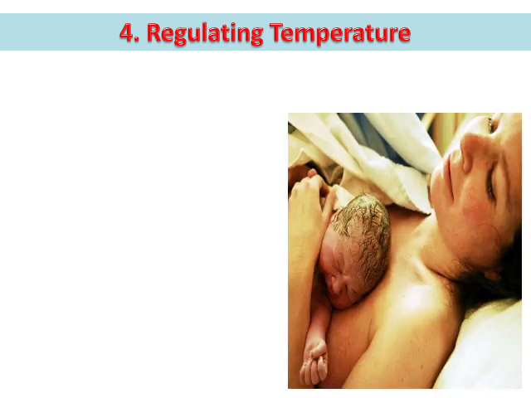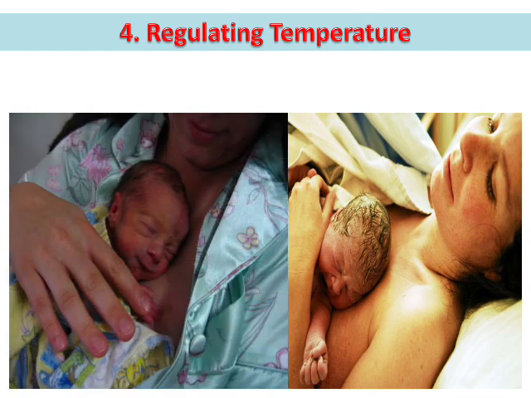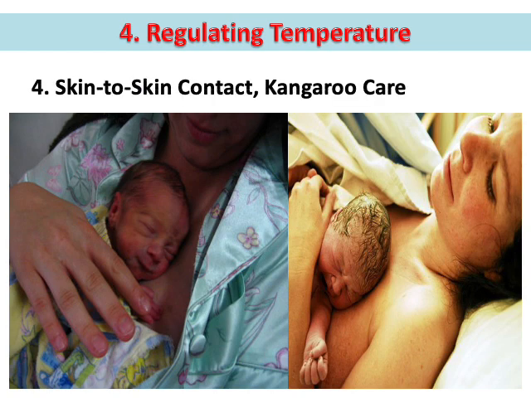Last is the very famous skin-to-skin contact or kangaroo care, which, according to EINC, is the best way to regulate temperature for a healthy newborn. But does that mean you cannot use this method in a high-risk newborn or in a baby with ventilator or a baby who is intubated? The answer is yes. You can still use skin-to-skin contact and kangaroo care, but you have to be very cautious. You have to